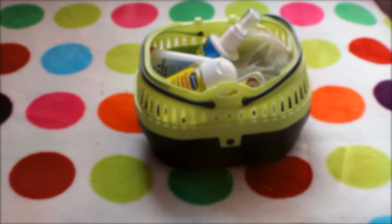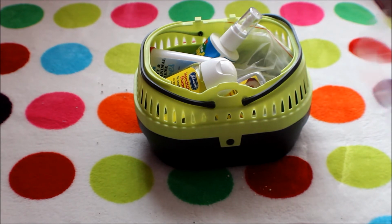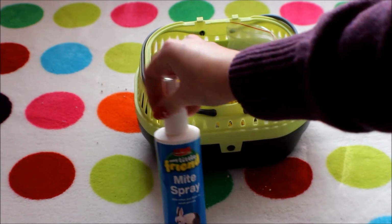So this is the last of my supplies now, and this is my other travel cage, and it is an okay travel cage, don't get me wrong, but I do prefer the other one just because it gives them a bit more room, and because of the bars I can attach a water bottle and things like that. And it does come with a lid. This is the lid, but I've taken it off to fit my supplies in, so I just have a few important things in here. So the first thing that I have is some Bob Martin My Little Friend mite spray,